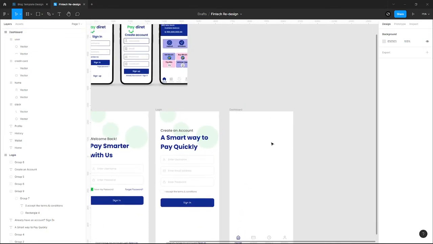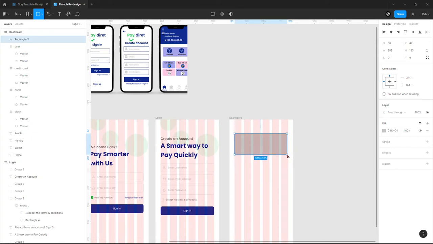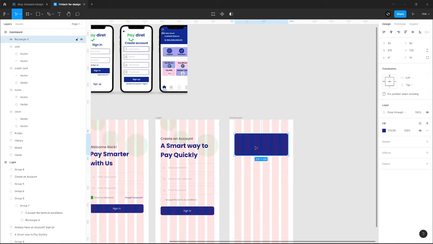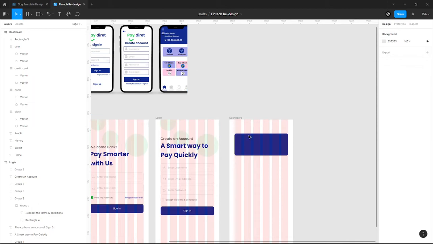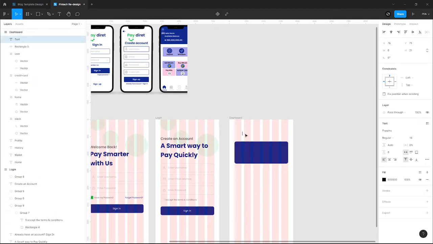So I'm going to do this. I want to create the wallet section because I don't want to waste much time again. I'm going to create a radius and make use of the color code. Then the next thing I want to do is to add the icon and the profile. So I'm going to take this down, then create